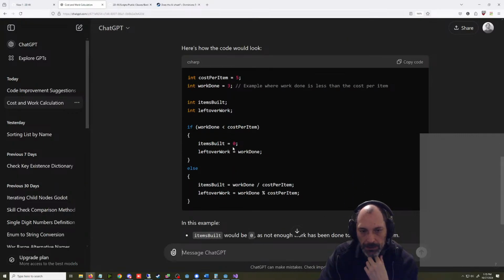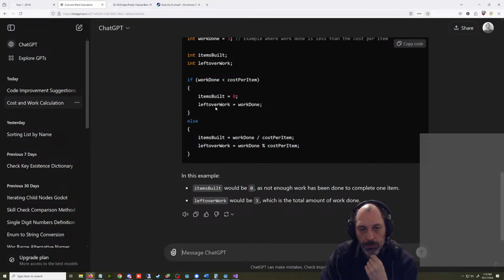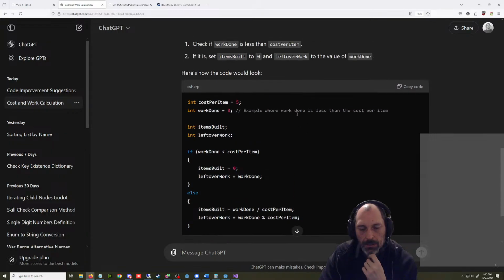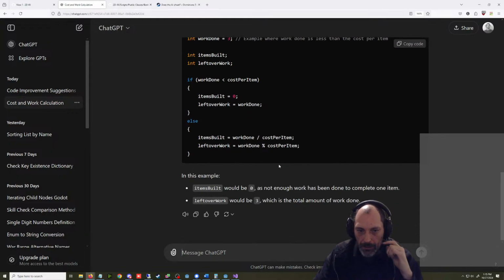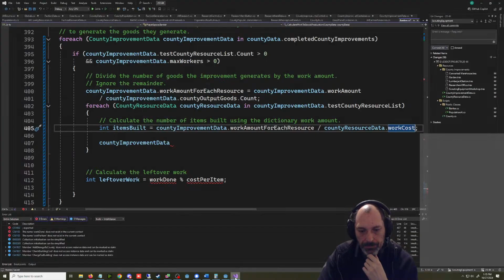It usually doesn't do too many if elses. If items built equals 0, this is gonna have to be a plus equals. So,